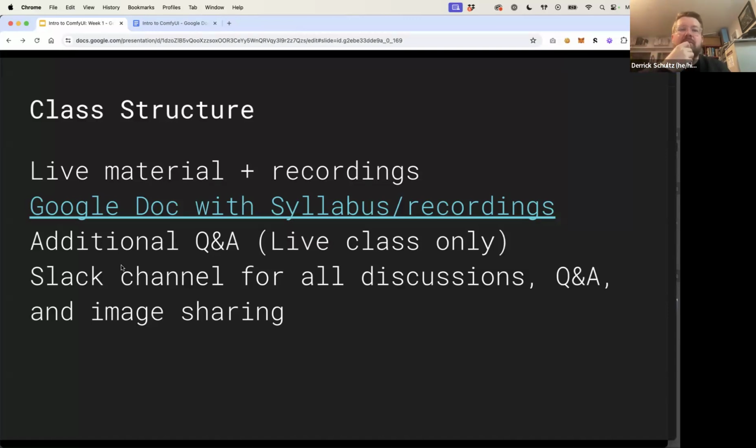And then we have that Slack channel, which is mostly for discussions and people asking questions. Because we're making images, I would love to have a weekly share of what you've been making. Hey, I learned that this thing works this way, or I don't understand how this thing works, can someone explain it to me? So every week I will make a little thread in Slack. If you can try to use the thread, that's helpful. Otherwise, we get a really jammed up, messy Slack channel. So if I say, hey, can you drop that in the Slack channel or the thread, I'm not yelling at you. I'm just saying I would like to keep these cleaned up a little bit if I can.